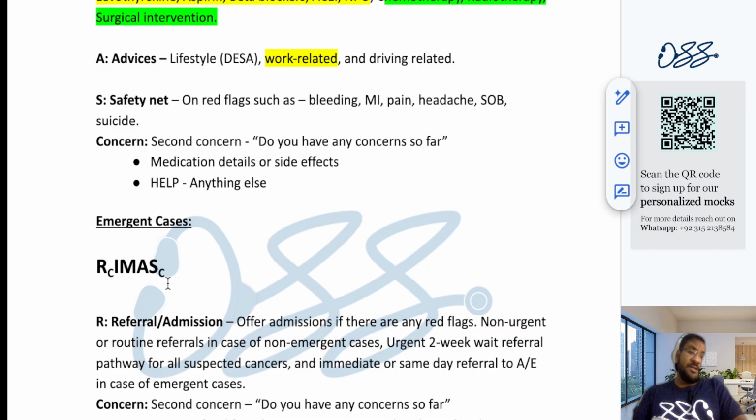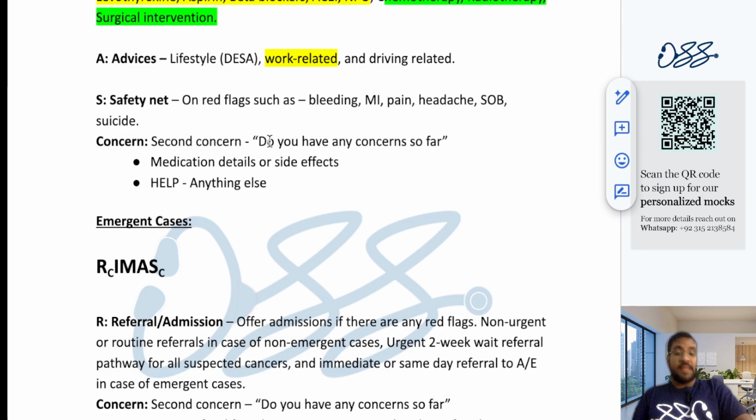And then there are a few diseases in which you will have to give driving related advice. I'm going to talk about it. I'm going to teach all of those, what are the diseases in which you have to give driving related advices. So you may want to give those advices that, okay, since you have been diagnosed with epilepsy, Mr. Adam, I would like to tell you that driving for you isn't safe. So I would want you to inform DVLA and quit driving until you are seizure free. So all of those advices would come under the section of A.